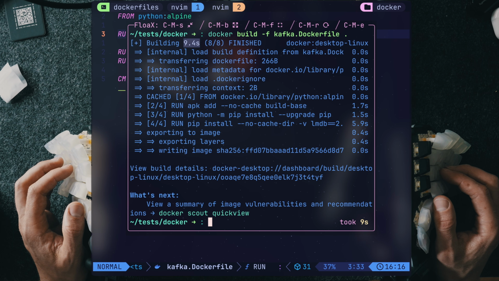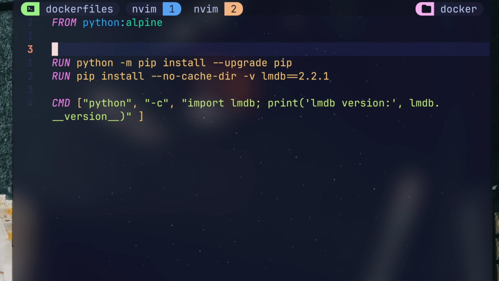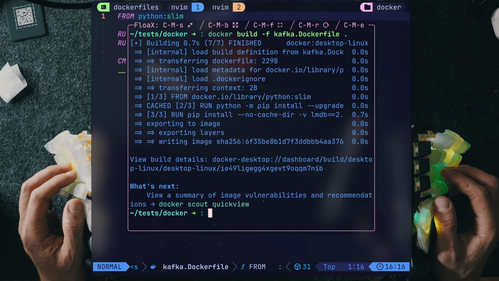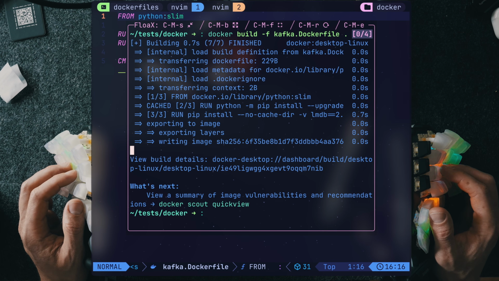Sure, 10 seconds isn't a lot, but this is just one library out of many. Well, what if we ditch the build tools and change it to Slim? Docker build again takes less than a second. That's almost 15 times faster. Consider that at scale. These Alpine mistakes are so prevalent, it's kind of amazing. I mean, consider enterprises, thousands of build processes a day. Imagine trying to optimize while doing the exact opposite.